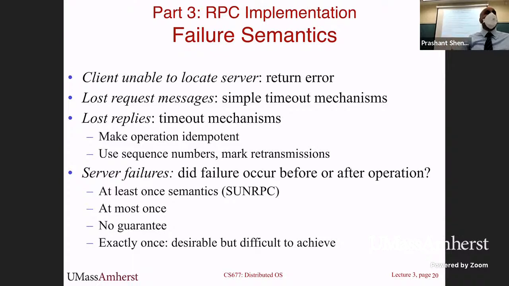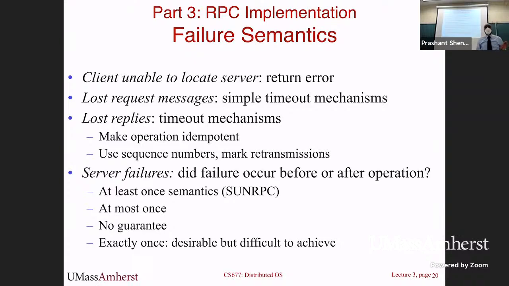Okay, so these are all properties that an RPC system designer has to think about. What is it that you want to give to your programmers? The more you give, the better it is for the programmer, but the more complex your RPC system. Especially if you want exactly-once semantics, you want to ensure everything is idempotent, your stub code, your RPC compiler,